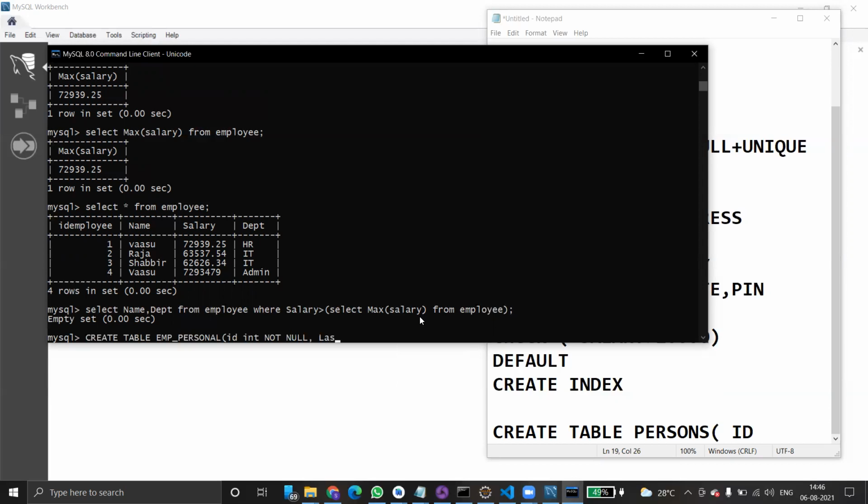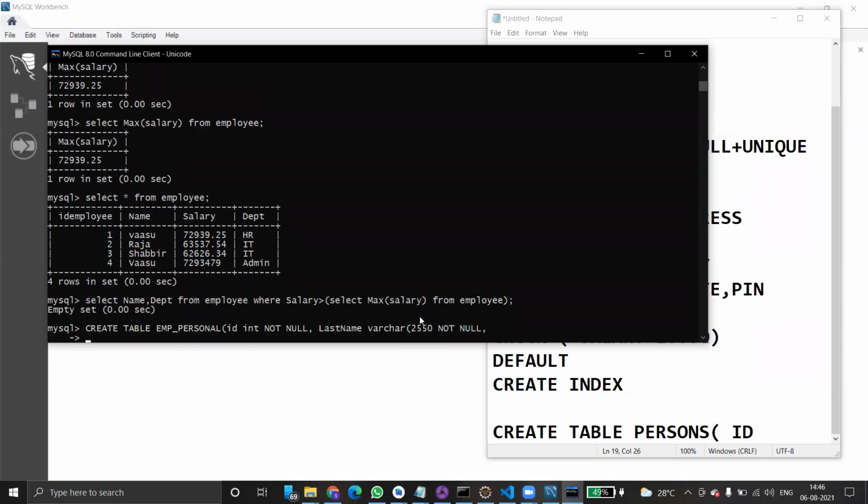Last name varchar of 255, and then again not null, comma, and then first name varchar of 255, not null, comma, age integer, comma, Aadhaar.